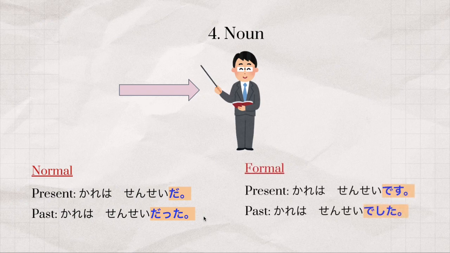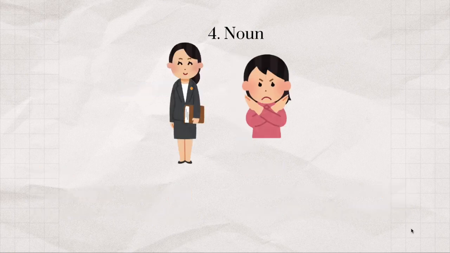And to say this in formal present, it will be 彼は先生です。In past tense, it will be 彼は先生でした。So in this sentence, the noun is sensei, meaning teacher. And all you gotta do is add だった、です or でした。